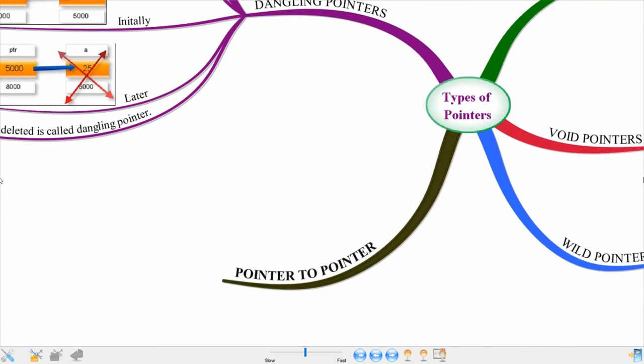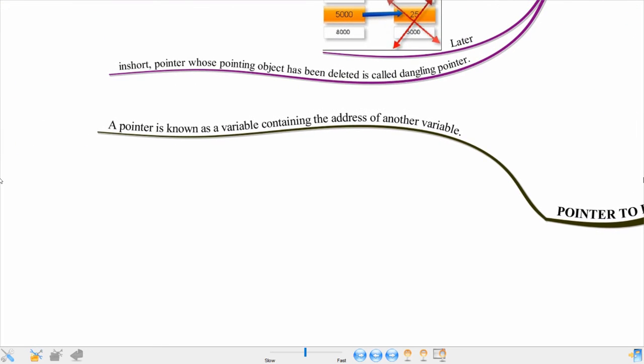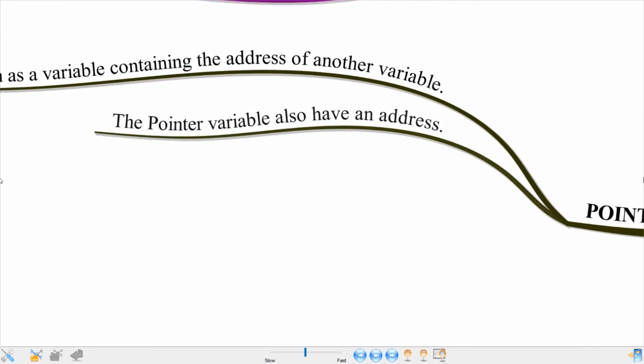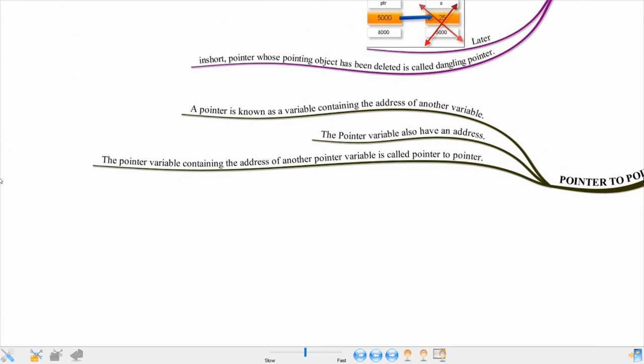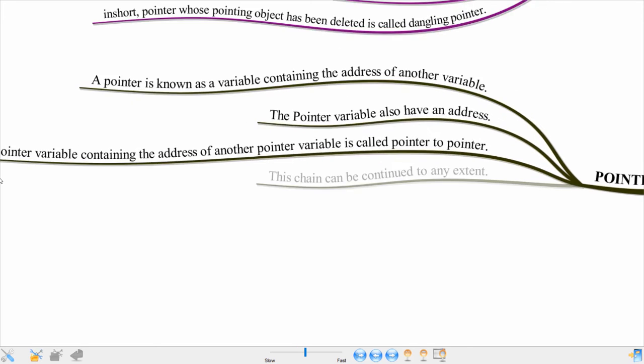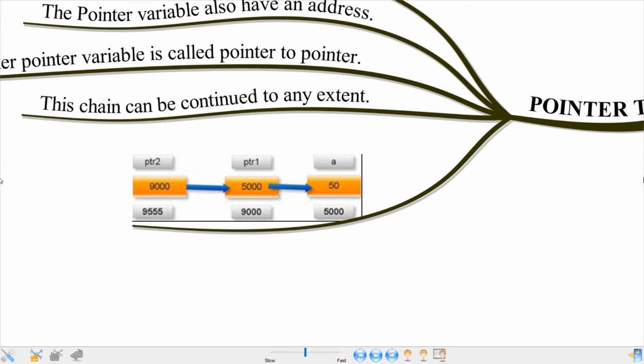Another type of pointer is known as a pointer to pointer. It means a pointer which stores the address of another pointer. We all know a pointer is a variable which contains the address of a variable, but a pointer also has an address. So the pointer variable containing the address of another pointer is known as a pointer to pointer, and this chain can be continued to any extent.